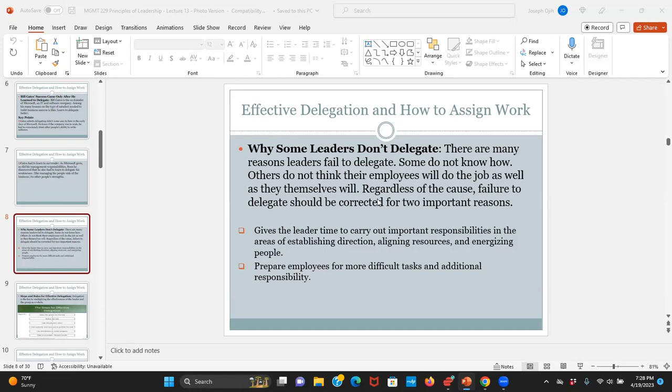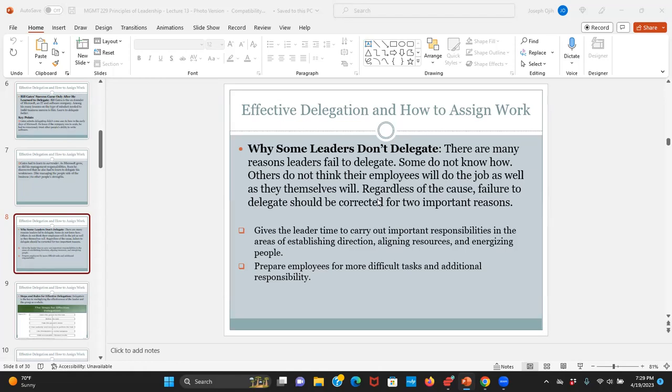So that we have this. I would say there's some substance of what I'm trying to say here, that regardless of the cause, whether the leaders don't know how to delegate, or whether they do not think that employees will do the job very well if they give them that power, or if they don't trust that their employees will follow through, or even the worst case scenario whereby some leaders fail to delegate because they fear their employees will show them up by doing a better job.